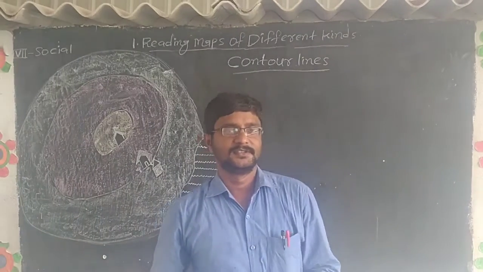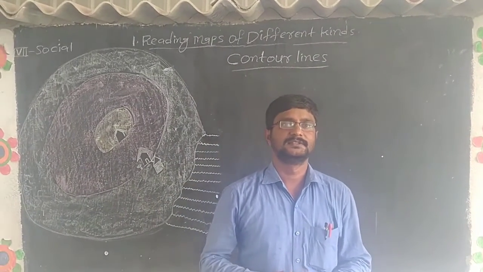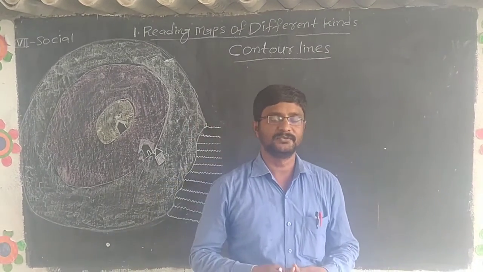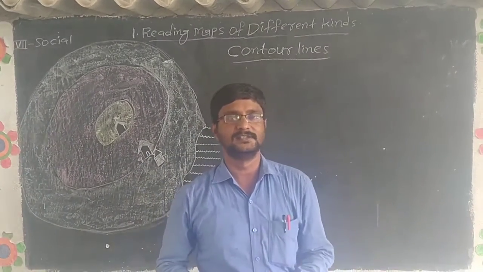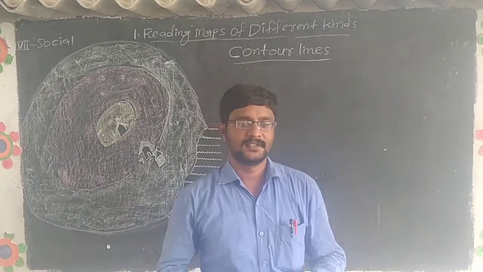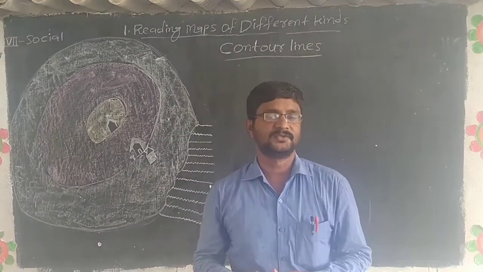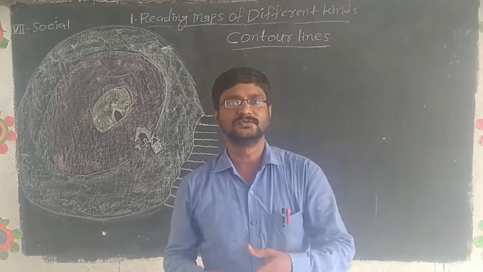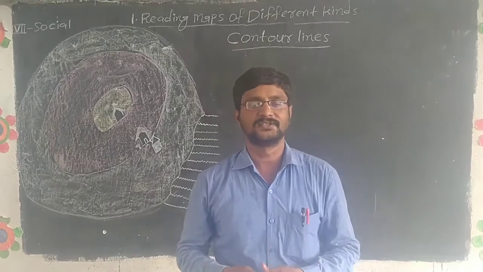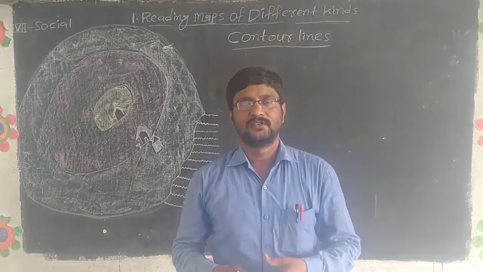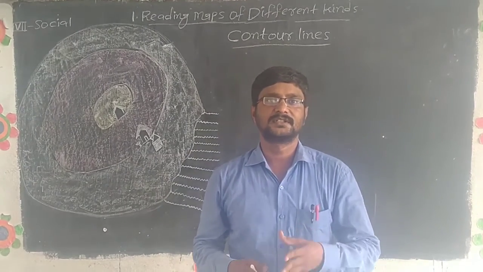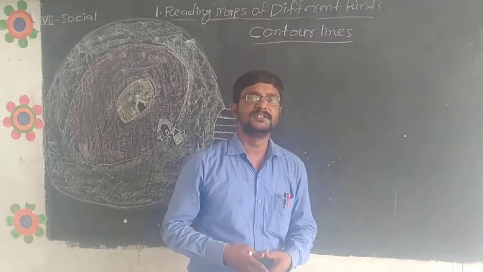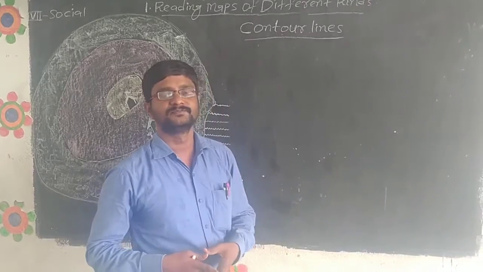Hello dear students, in the previous class we have learnt the world and the earth which we are living is full of varieties like mountains, hills, sea coasts, deserts, and we have also learnt the definition of atlas, and different kinds of landforms, how they are shown in atlas, in which color they are shown in atlas, and the difference between a picture and a map, right? So today we are going to learn about contour lines.